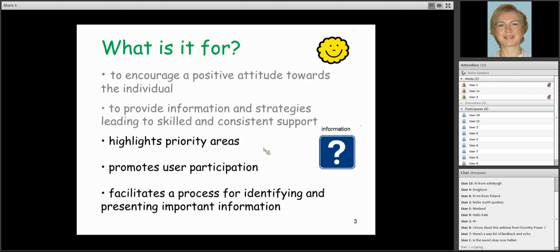So a passport would highlight priority areas. It would highlight the main key points